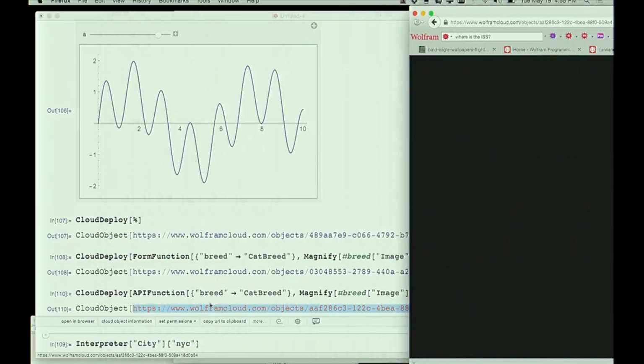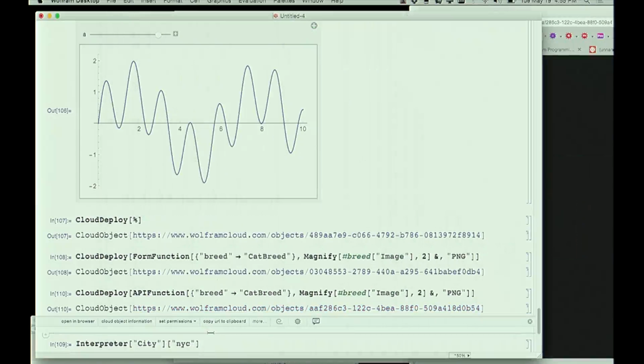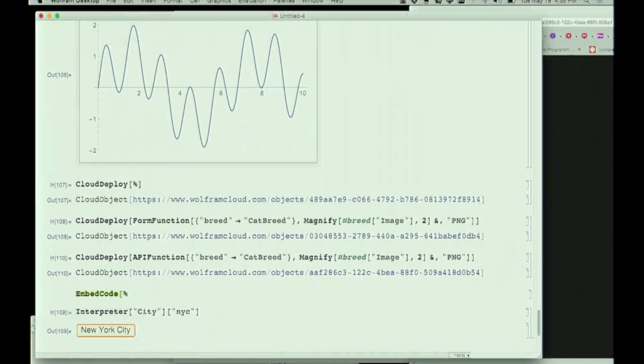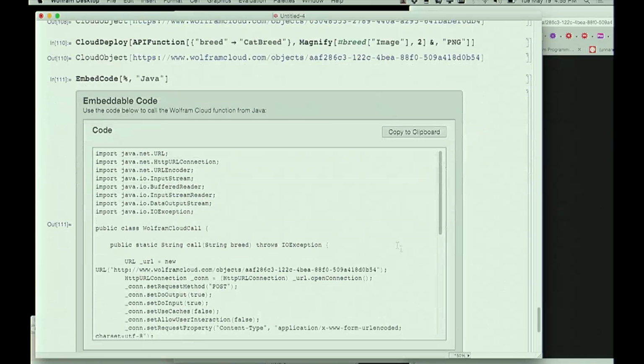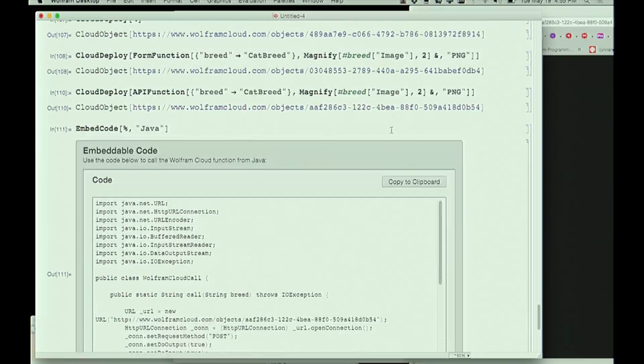We could take that web API specification and say, give me embed code for, I don't know, let's say Java, for example, to call that API. And so now in this particular case, because there isn't a cat breed data type in Java, the code won't be all that interesting. But if there was a data type that could be converted from a native Java type into something that can be sent to our cloud, then it will look a little bit more interesting. There's just a way of calling our cloud from inside a Java program. And actually, there are more elaborate ways to do this. This is essentially the same idea, allows you not just to call from a language into the cloud, but also to call a local version of our engine on your computer.